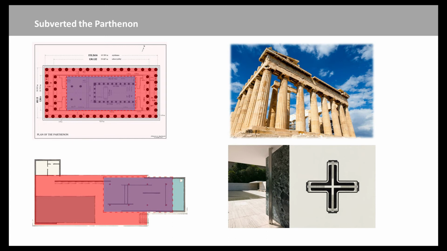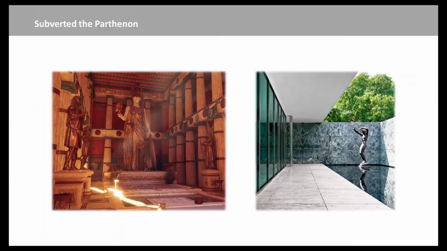In this light, we see that it's dark. There is a reflecting pool, and a statue visible obliquely throughout the building. It could even be thought that the statue cast into the reflecting pool, out in the open air at the Barcelona Pavilion, in some way nods toward the notion of the cult statue, which was interior and hidden in buildings like the Parthenon. So I think what Mies has done is find a way to take a precedent from history, read it really critically, and transform it into something very different.